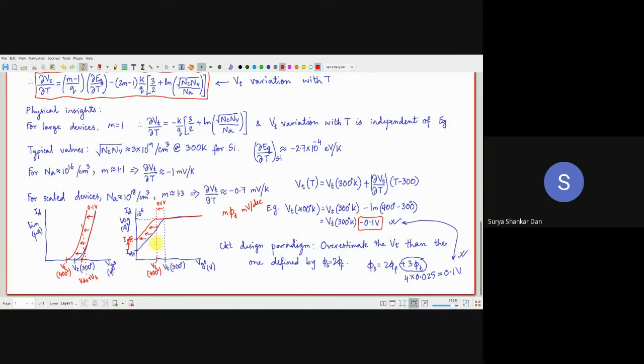Whereas this is changing linearly. If VGS changes by 0.1 volt, it will simply shift by 0.1 volt. Against that 0.1 volt, a 1 or 2 millivolt change in the slope doesn't really make any difference. But the whole point is IOFF will increase by several orders, and that is serious, not only for the power consumption, but even for the reliability of the device itself, the circuit itself.